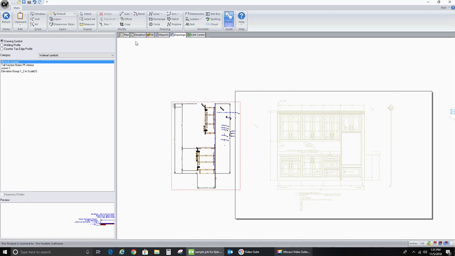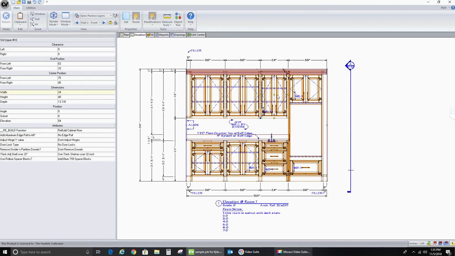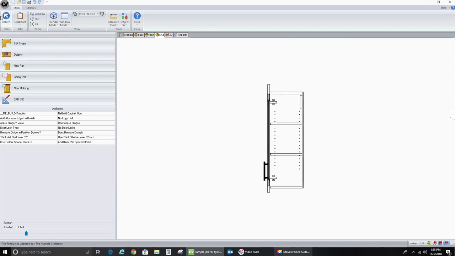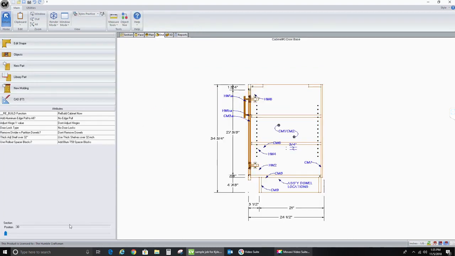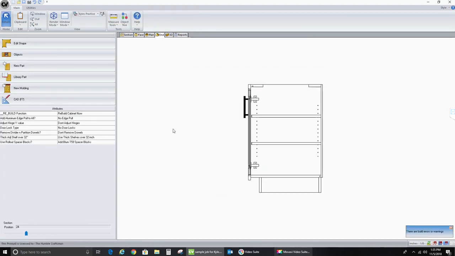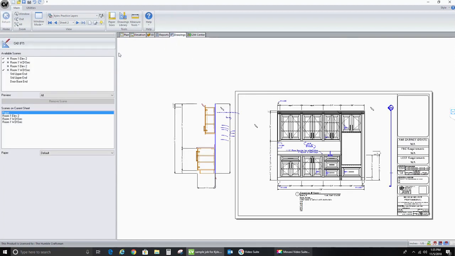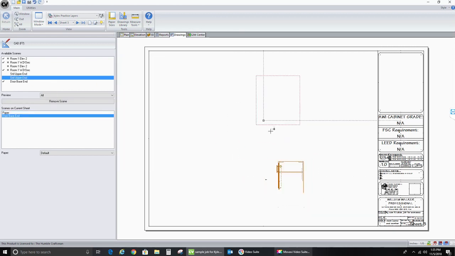Okay. Yep. Now this cross section is not intelligent, so you would not be able to call in the materials off of auto text. However, you could still put notes in here. But you just have to remember that when you do a room level section, you can use room level notes, but not cabinet level notes. So my cabinet level notes are the auto text ones that fill in all the materials. But you can easily sit there and do this, send this to drawing,